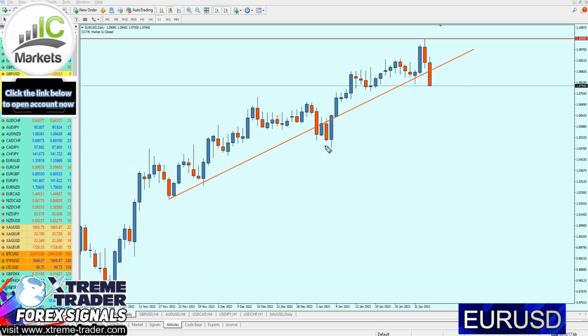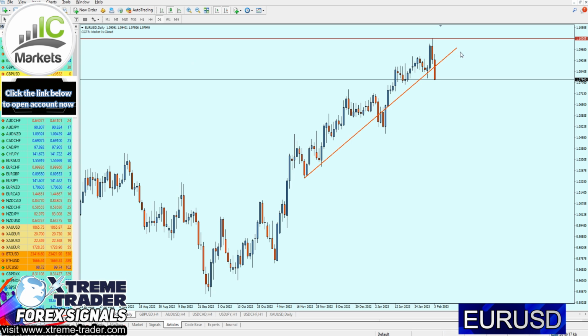Of course, in the middle, we had here that fake breakout, but we can see that the market on the daily chart has actually been able to respect that level of support trend line multiple times. Then finally, we had here the bearish breakout from that level. It indicates that we can actually start shorting the Euro USD right on the retest of that trend line. Now, of course, we cannot decide the exact entry on the daily chart. So that being said, let's now move to the 4-hour time frame.